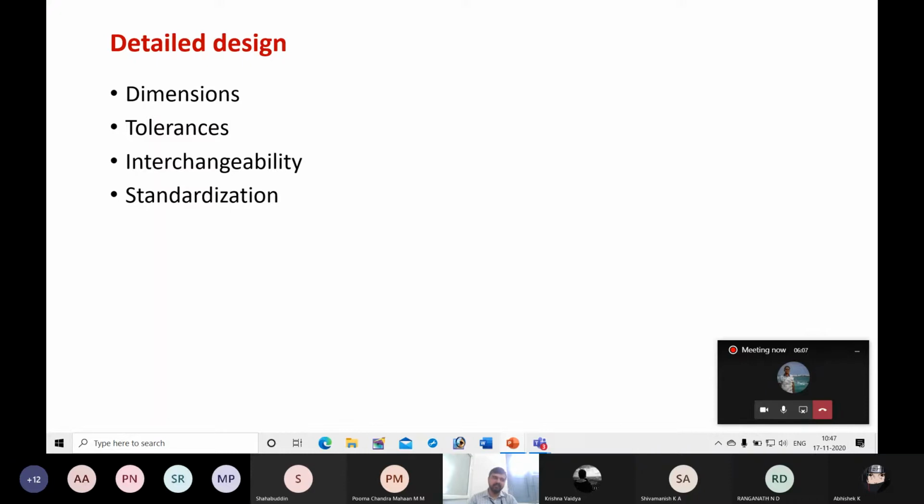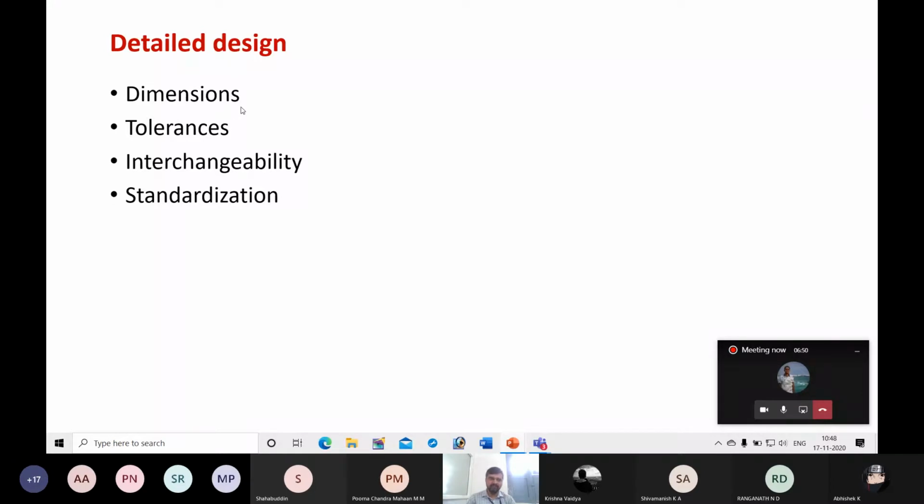Okay, detailed design includes specifying dimensions of the drawing. You have to select, or decide on, the size of the product. That is dimensioning. You have to decide the size of the product or various features of the product, or the parts. Some products may have n number of parts and you may go for assembling them. Then you also have to specify the dimensions of individual parts. And if you go for assembling, then you have to specify the clearance and which type of fit. All those need to be specified in detailed design.